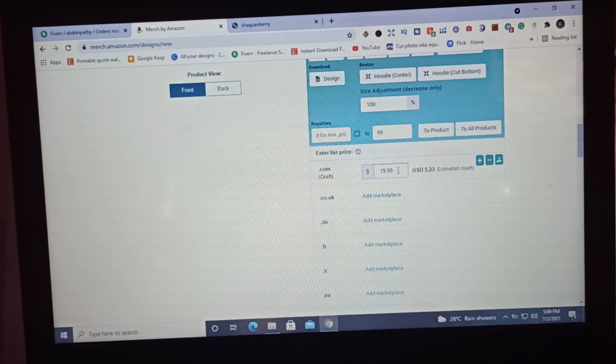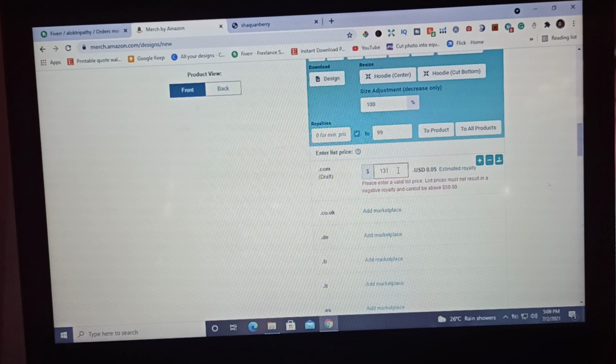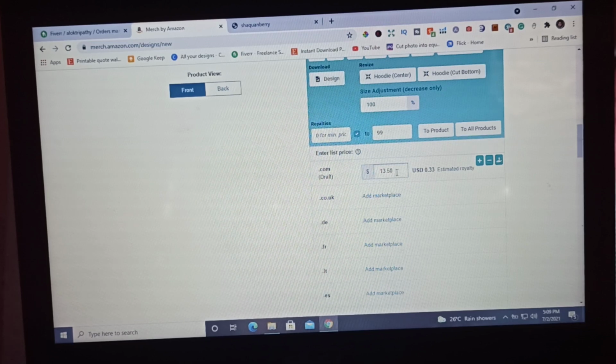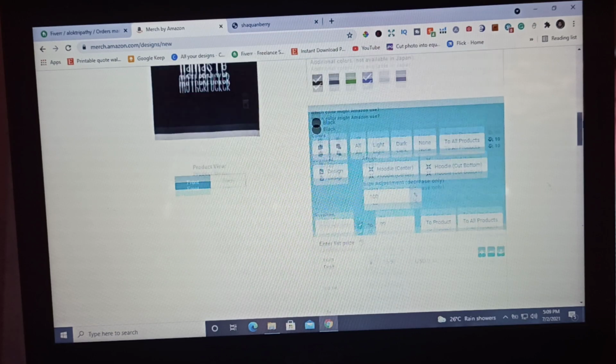So if you are planning to buy it yourself, you do it around maybe 1350. Okay, you choose the color, you add the design, then you enter the list price.